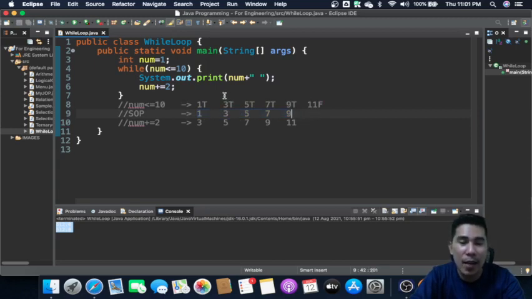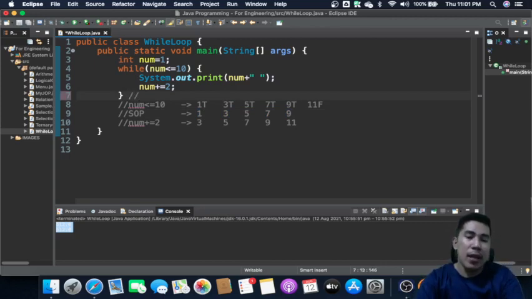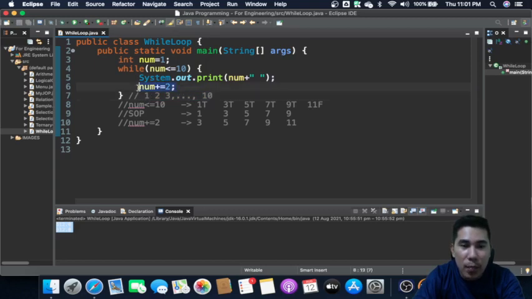It's actually odd numbers. So this is what I am trying to elaborate earlier. The number starts at 1, so that is the starting value. And then we have the expression. Normally, the expression is the stopping value. Like I said last time, 1, 2, 3, and it's going to end actually at like 10. And it's not always the case that the display would be from 1 to 10, because it depends on the increment and on the output.